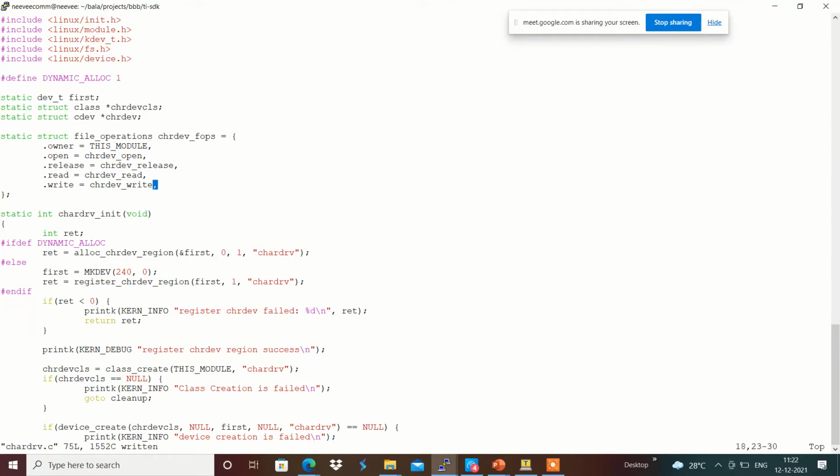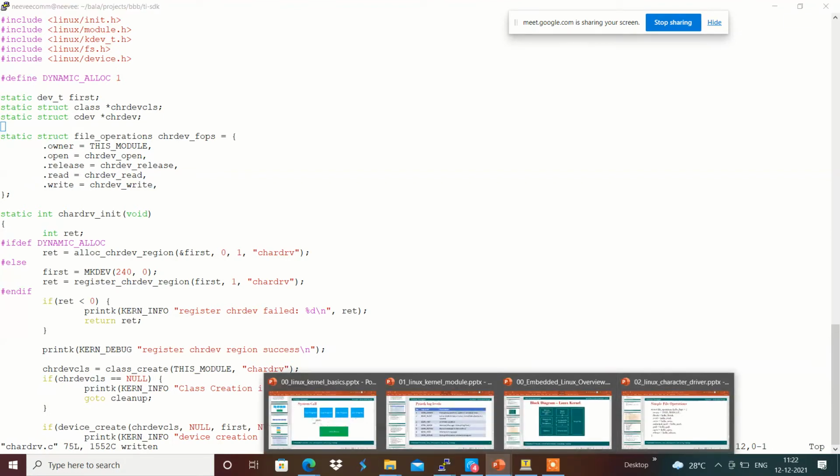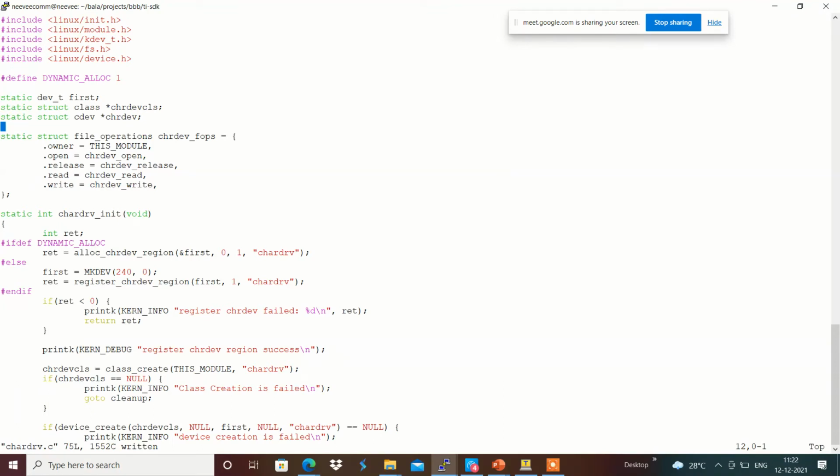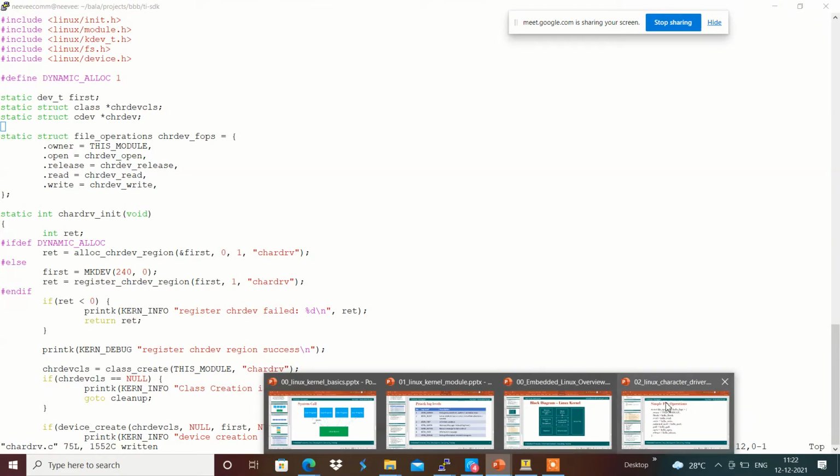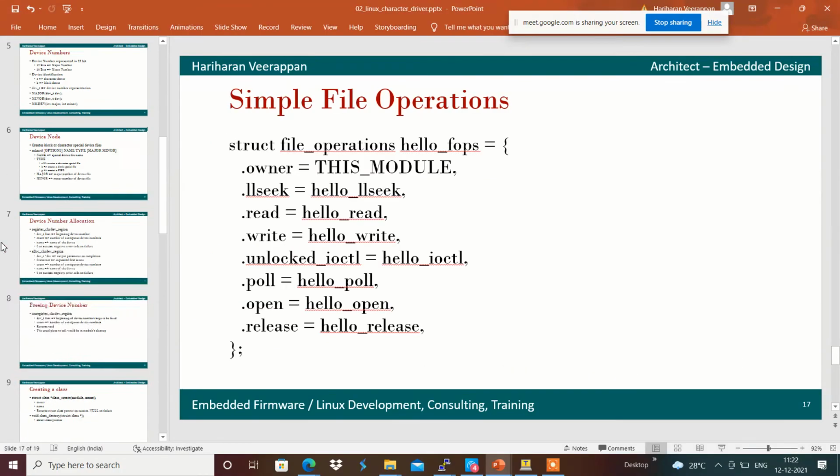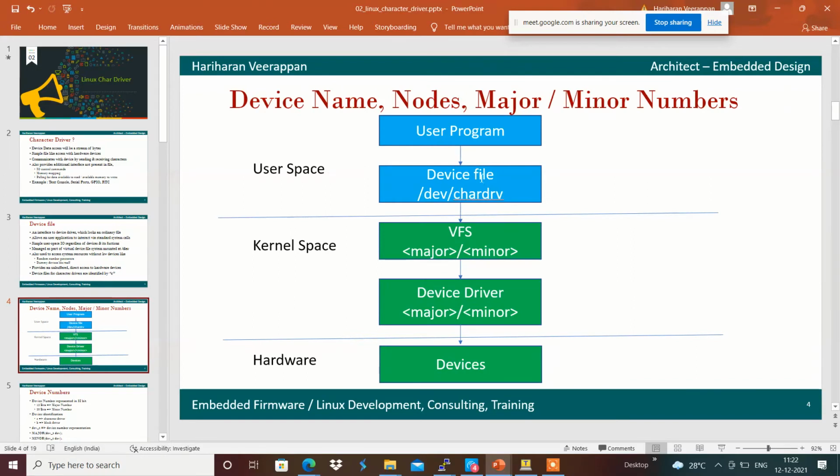We will have the prototypes of all these callbacks that we will use accordingly. For example, we are linking this file operation structure over here, which means that whenever we are opening a file from the user program in the device driver, the respective open callback function will get called.